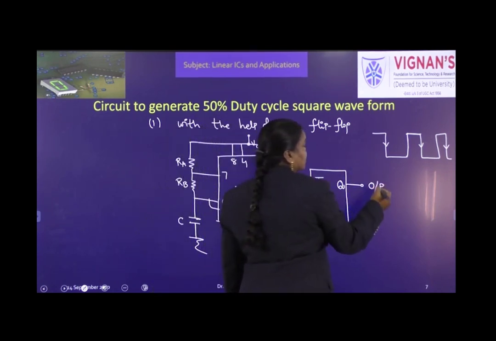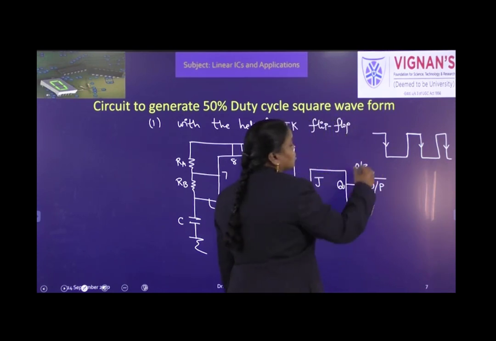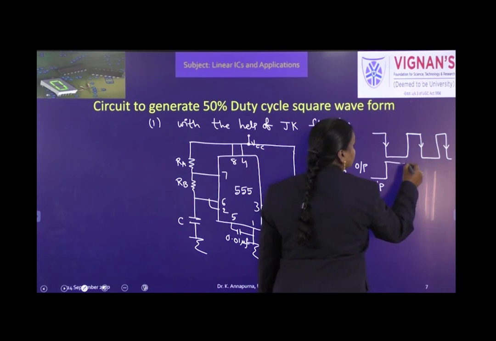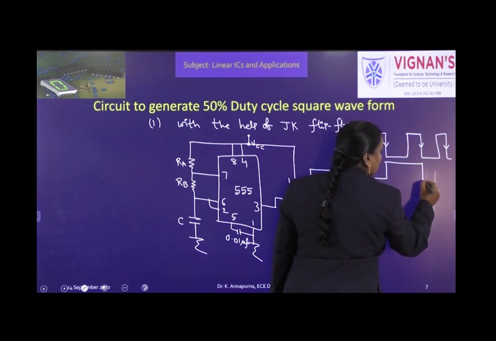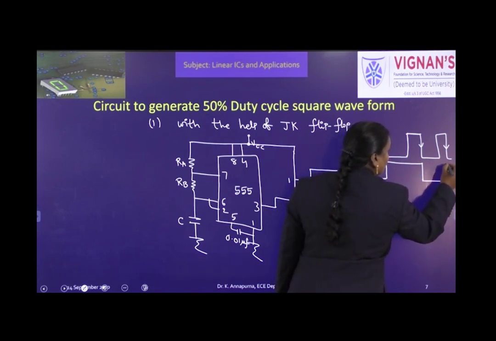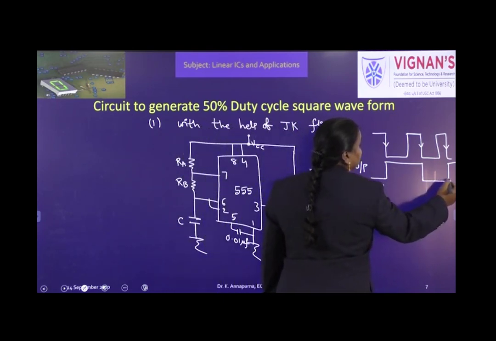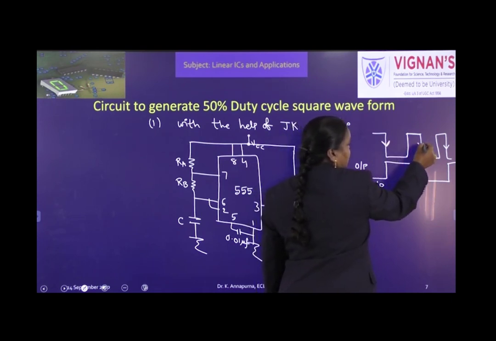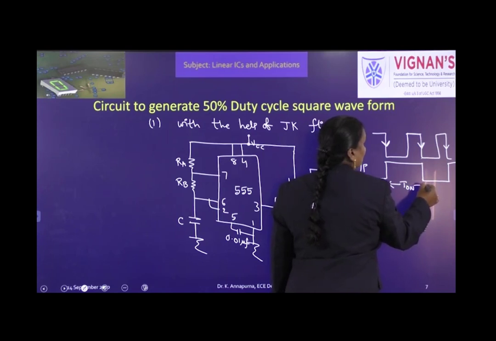So toggle condition means, for example, initially I am assuming the output is logic low. Whenever it receives the clock pulse, what happens? It changes its state to on. For the next clock pulse, it will change its state to off. For the next clock pulse, it goes to on, like this. Now if you observe, both on period and off period will be the same because they are each one negative clock pulse apart. That means the time period is the same, right? From this to this the time period is the same, which means here the on period is the same as the off period.